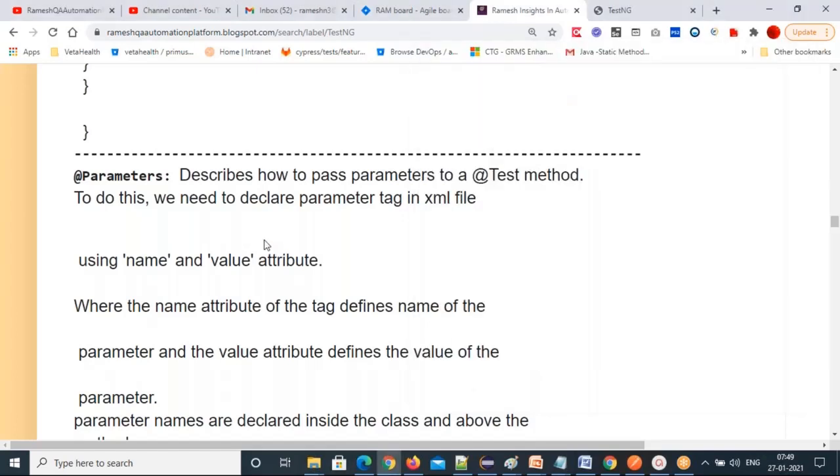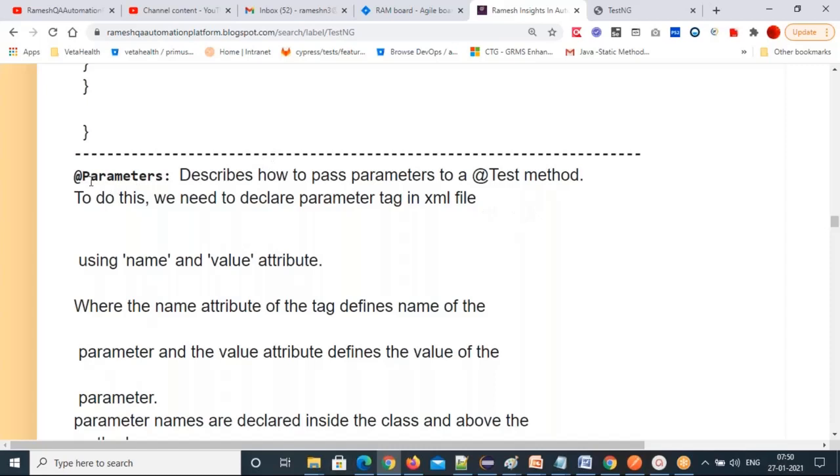Okay, now from this suite file, I want to pass my parameter values to my test method or any other annotation method. Some annotation methods require data. That data I can place inside my XML file, and from there I can read it into any annotation method. How is it possible?